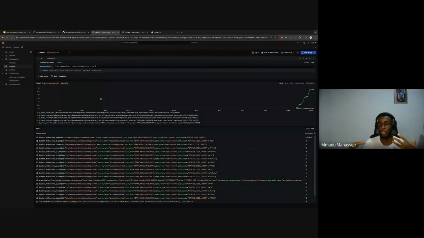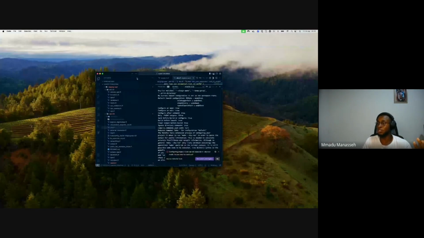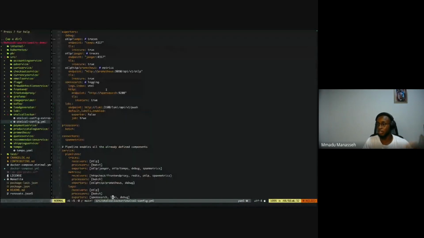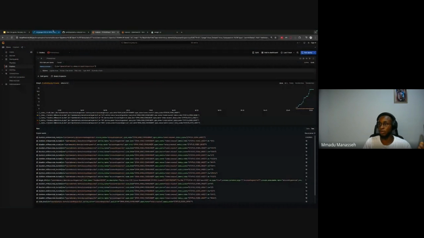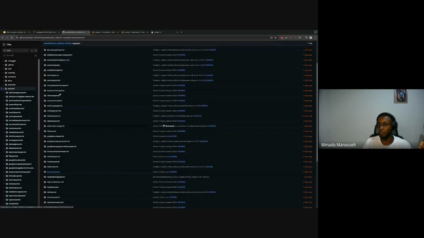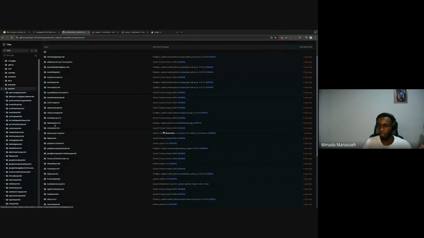So it is also allowing us to push metrics to Prometheus. If I want to push my metrics right now to Datadog, I don't need to go and rewrite my code. All I need to do is come to Otel and add a new exporter here, because each exporter in this particular repo has its configuration. So I'll just come to the Datadog exporter here.